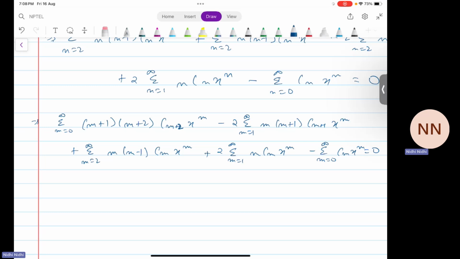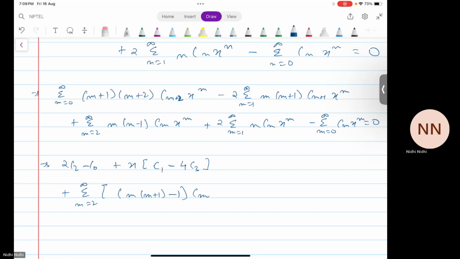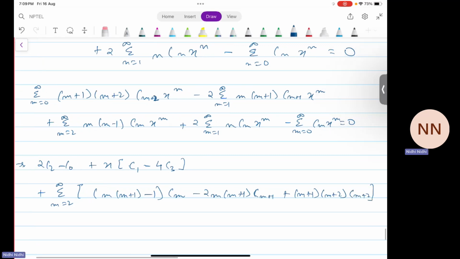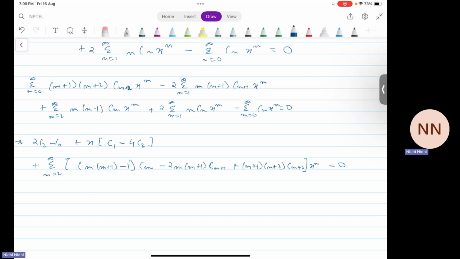Again, we'll take out first few terms from the series and we'll get 2c2 minus c naught plus x times c1 minus 4c3 plus summation m from 2 to infinity of m plus 1 minus 1 cm minus 2m m plus 1 c(m plus 1) plus m plus 1 times m plus 2 c(m plus 2) x to the power m equals to 0. Now this gives us